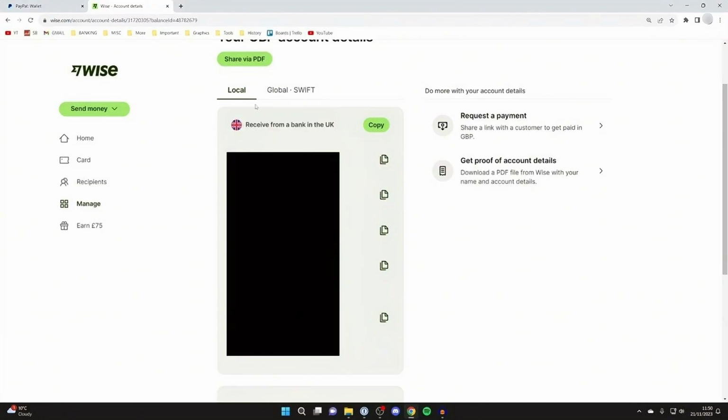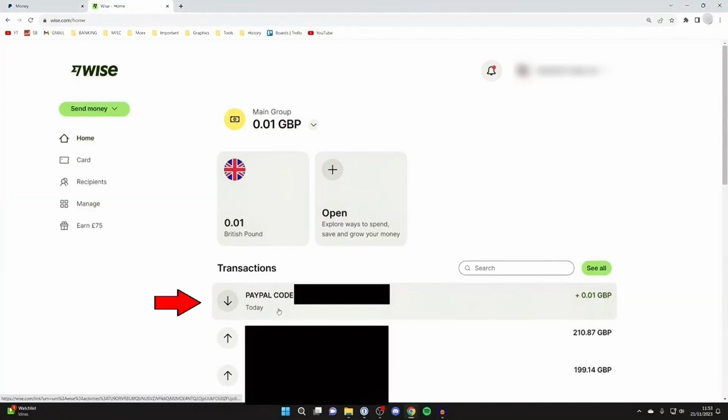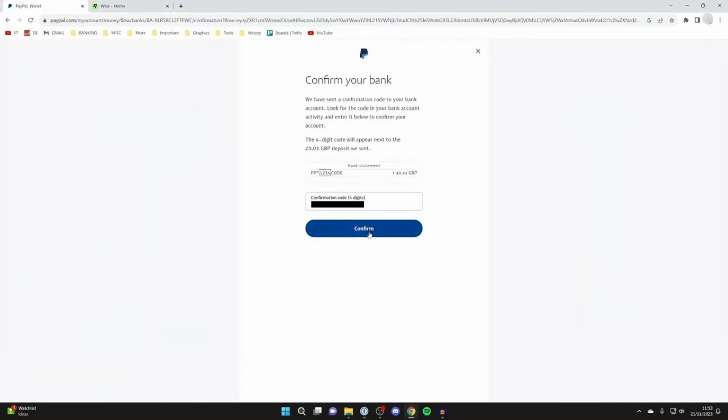Go back to PayPal and enter these Wise bank details, then tap Agree and link to add the Wise account. After linking, PayPal will send a small deposit with a verification code to your Wise account. Once you receive the code, return to PayPal, go to Wallet, select the Wise bank account, and enter the code